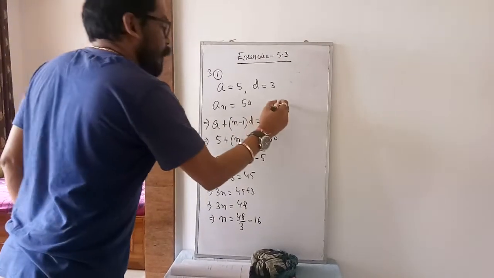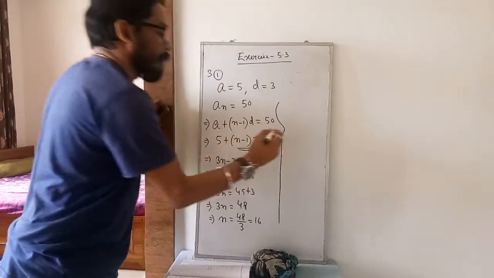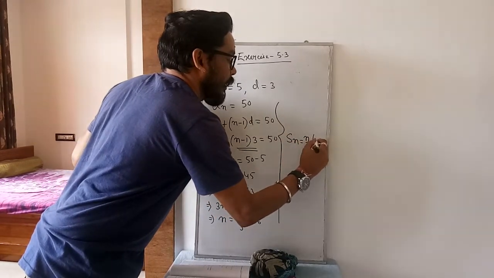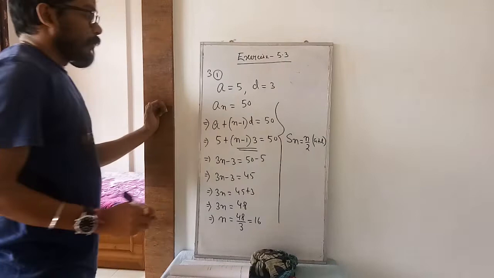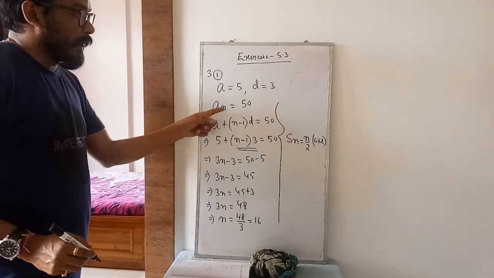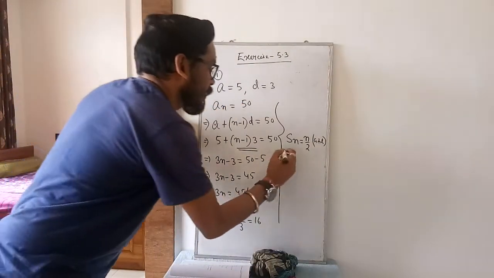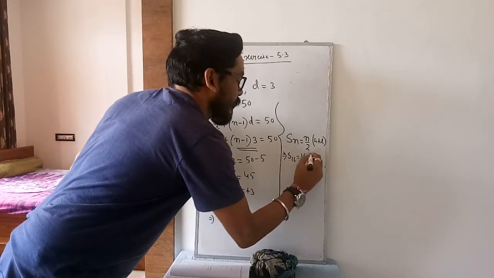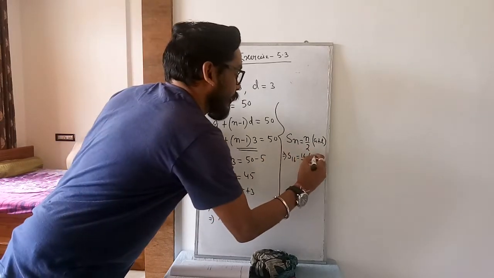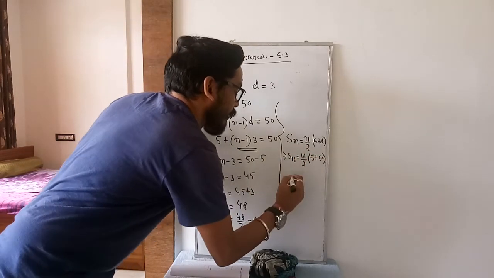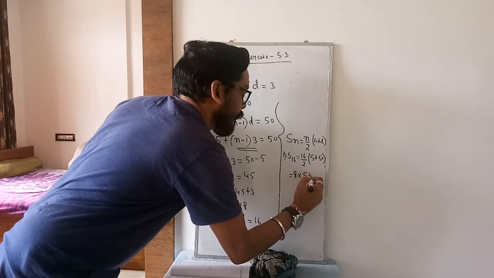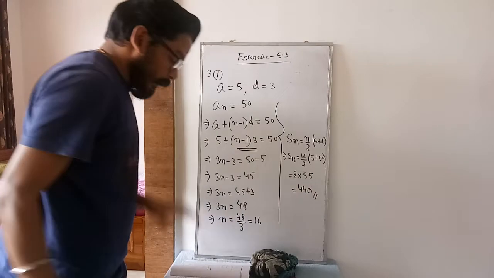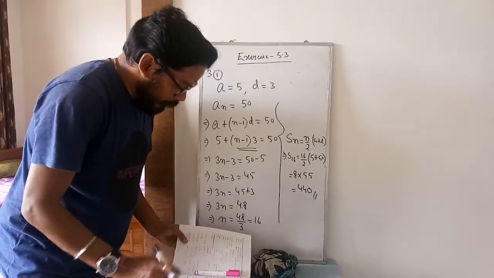Okay. Now what you have to find out? You have to find out Sn. So Sn equal to, you can use the shortcut formula or the long one. Because the nth term, the last term, you know. Here an is the last term. So your n is 16 here. So you can write S16 equal to 16 by 2. Your a is 5 and your l is 50. So I am adding it here, 8 into 55. 8 fives are 40, 4 carry, it is 440. Okay, so it is 440.